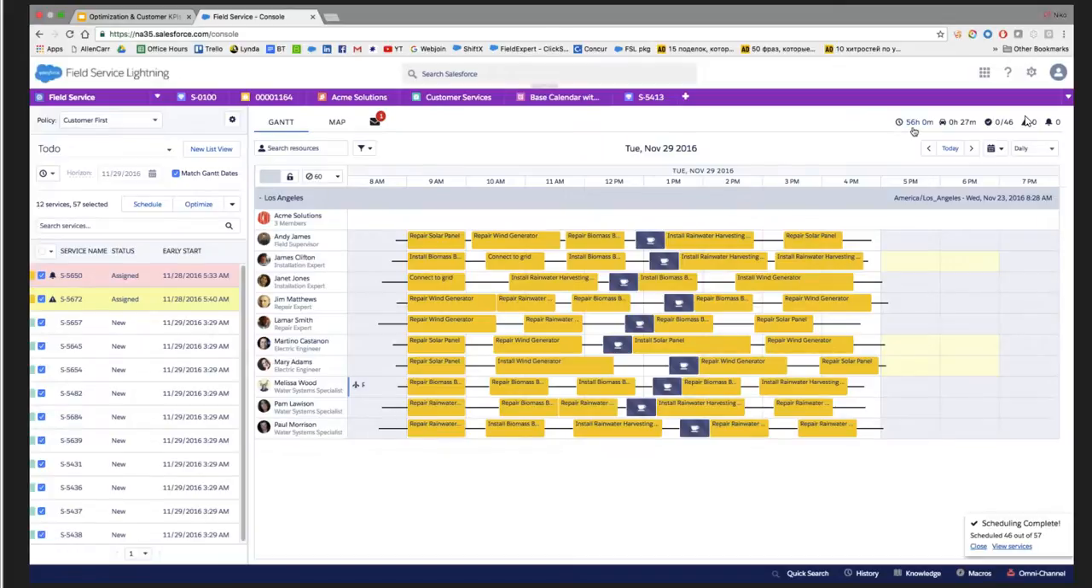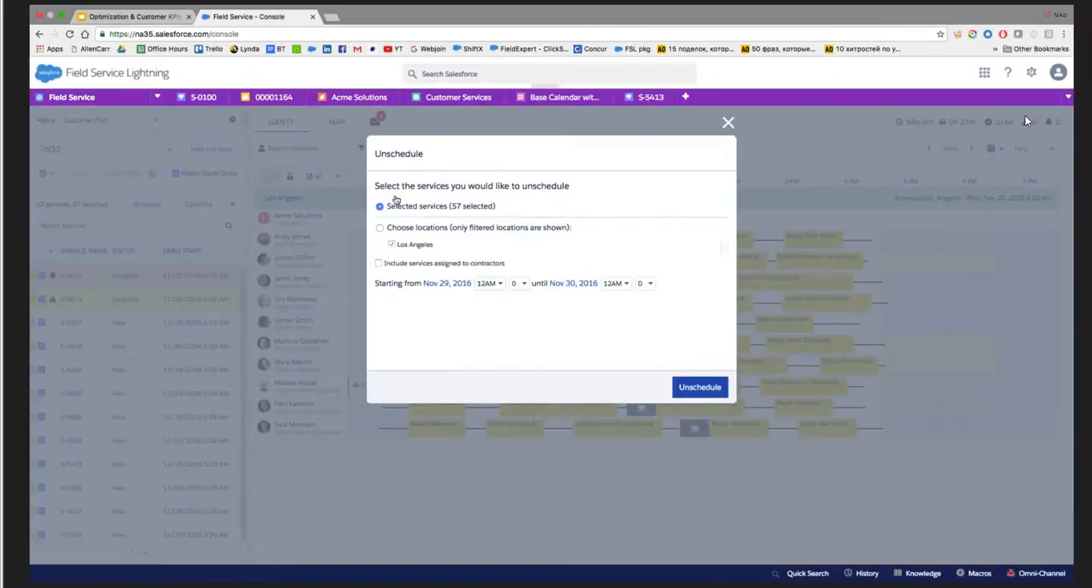So here we go. We've got 56 hours of total work, and we can see that KPI at the top. We can see an average of 27 minutes drive time per service, and we were able to schedule 46 services, none of which have started yet. I'm actually going to take a screenshot of this metric. So now, I'm going to unschedule this entire day,